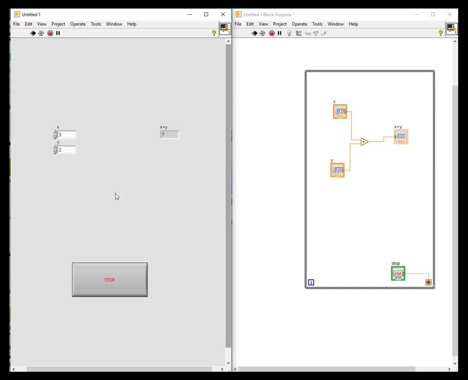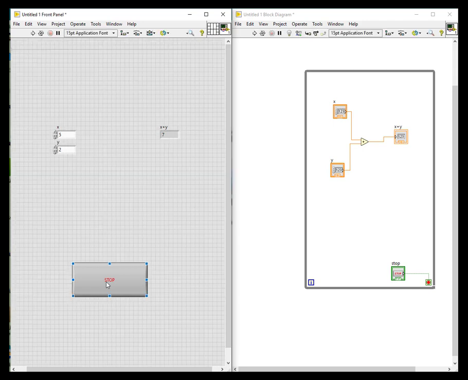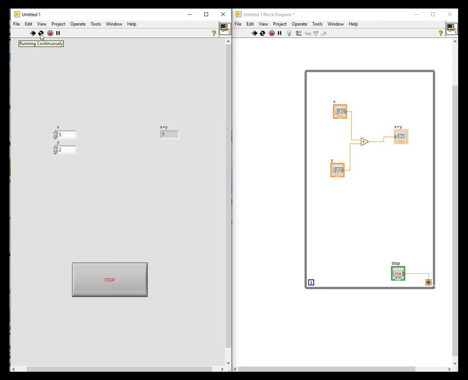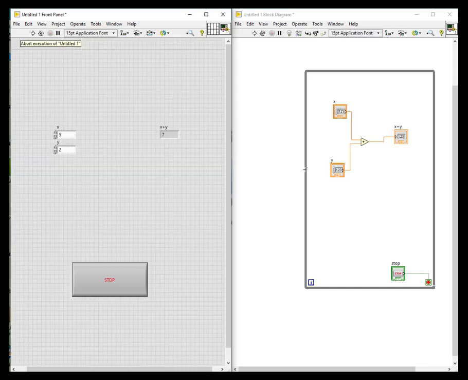To stop this VI, we have two options. You can click on this button, or you can click on this other button, and clicking on it will stop the entire VI. But if you go for run continuously, you can't utilize this stop button, because run continuously makes a continuous loop here. That means another while loop around this one, which can be stopped only by that button. Okay, I'll stop this one.